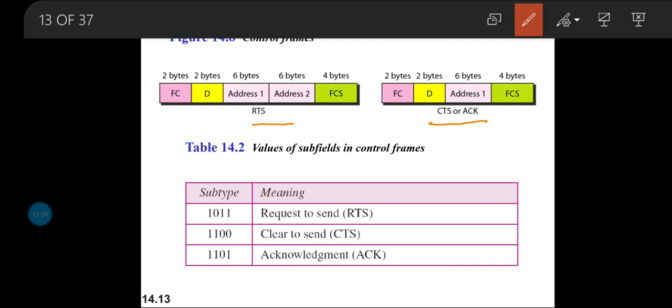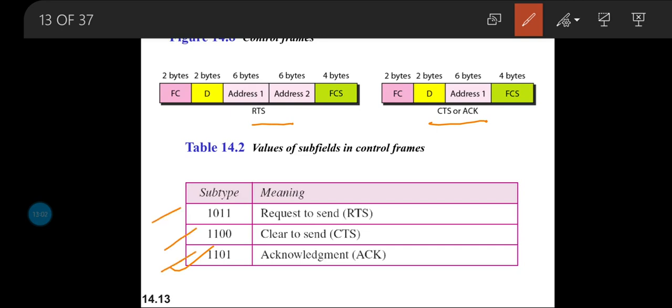And if I have received the data from the sender, then I need to acknowledge back. That is done with the help of the subtype value, which is filled as 1101. So these kinds of control frames are being used. For control frames, if the value of the type field is 01, the value of the subtype fields for frames will be as given below.